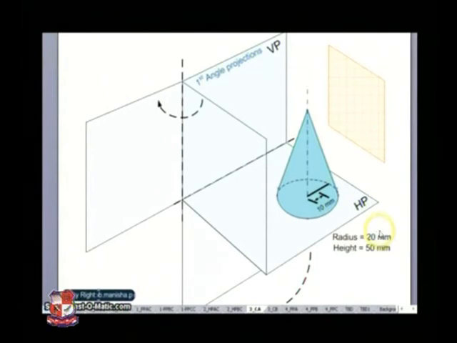In this video I am covering the cone here. So this cone is sitting on a horizontal plane and its axis is parallel to the vertical plane. Okay, so the radius of the base of the cone is 20 mm, so the diameter will be 40 mm and the height will be 50 mm. Okay, so we have to draw the projection while it's sitting in